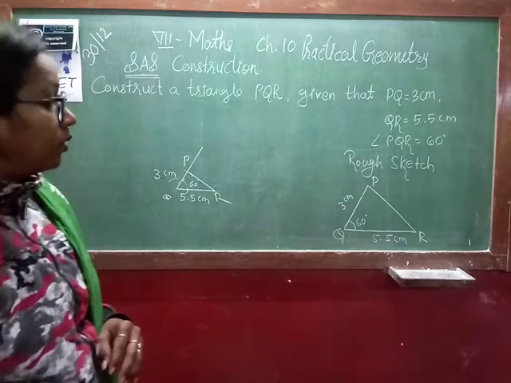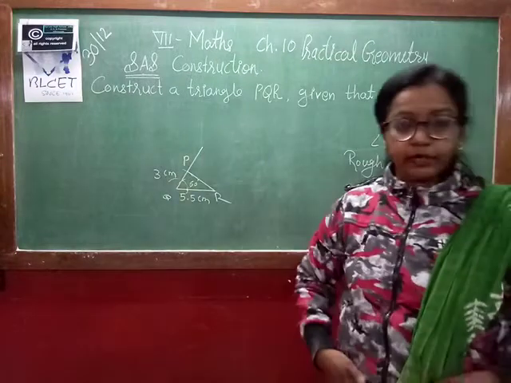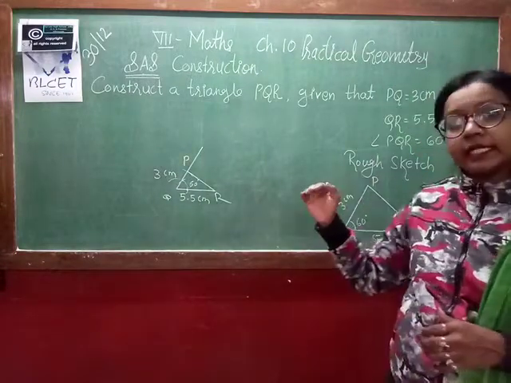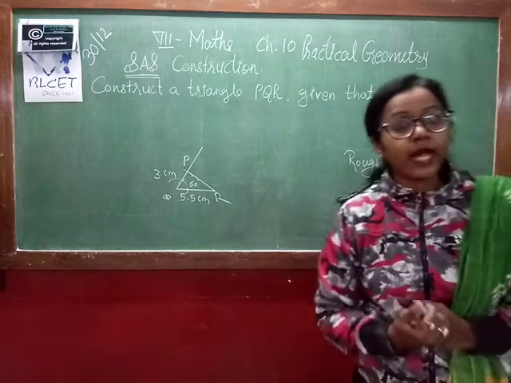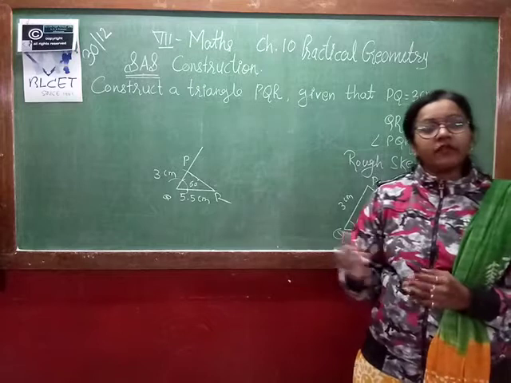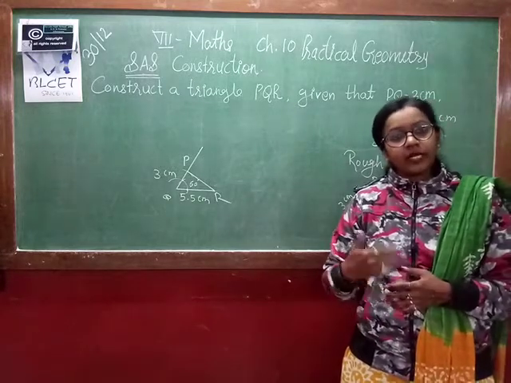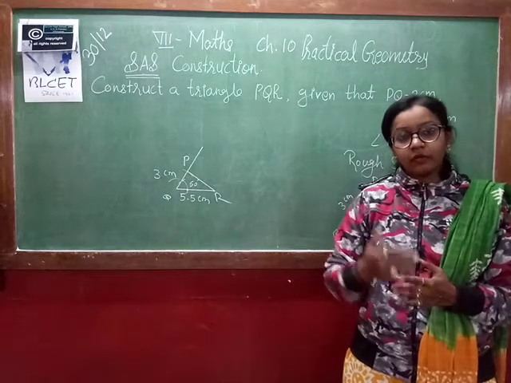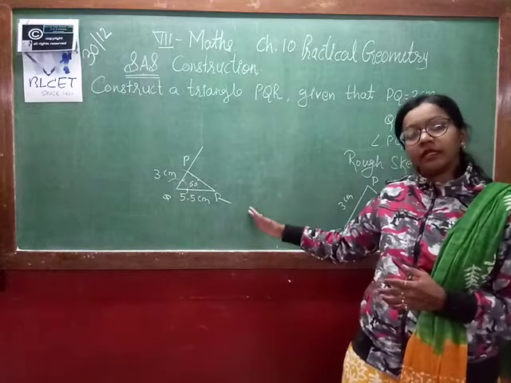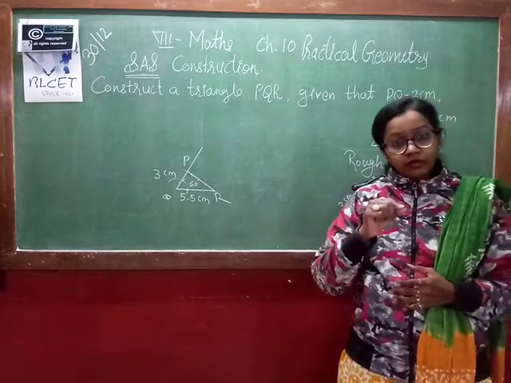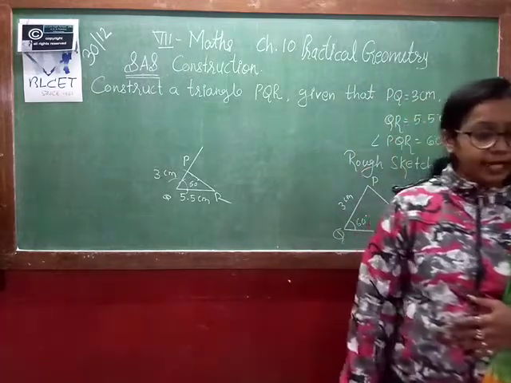So this way we can do the construction in which 2 sides and 1 angle are given. Whenever you write the examples which are already drawn in your textbook, for that you have to write the construction. For the exercise part, you have to learn all the steps. If you want, you can write the steps according to your own words without any grammatical mistakes. Whatever you are doing, the same way you have to write in words. So this is your construction by side angle side criteria.